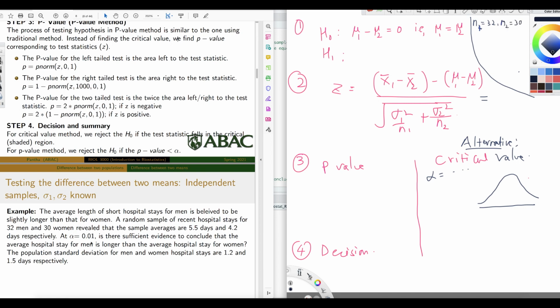This is given. The sample averages were 5.5 and 4.2. So x1 bar is 5.5 days, and x2 bar is 4.2 days. At alpha equals 0.01,